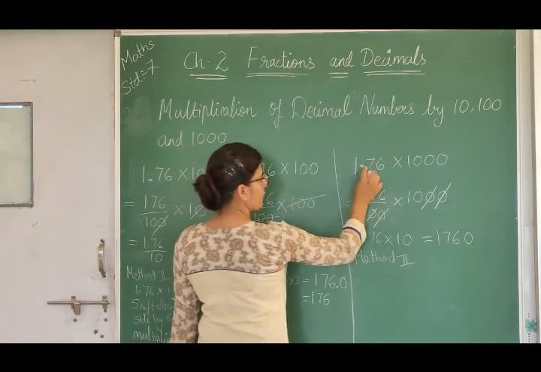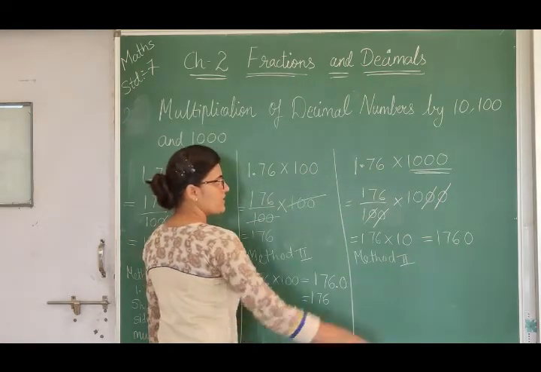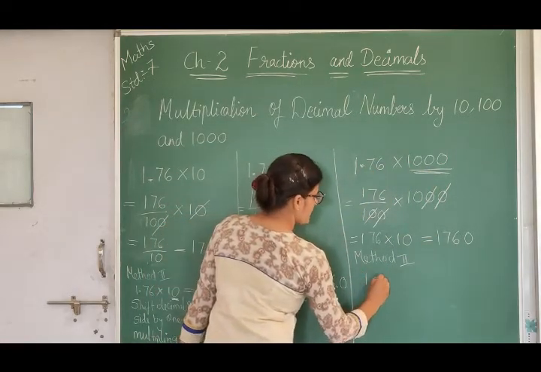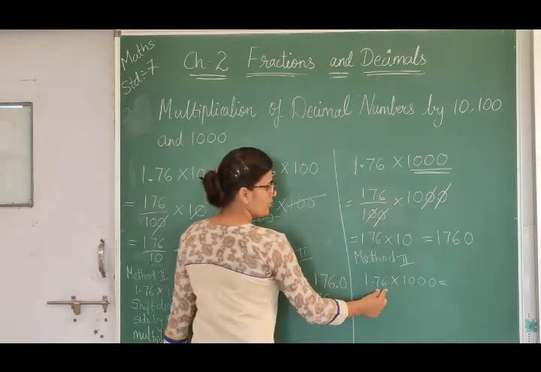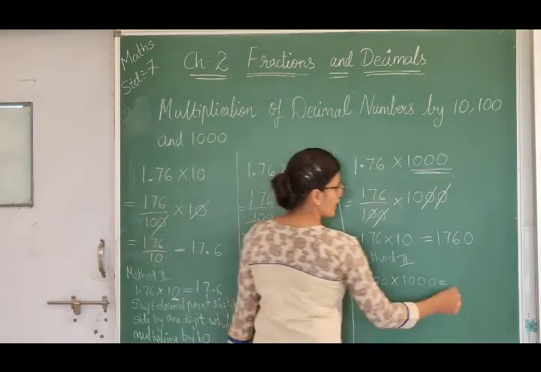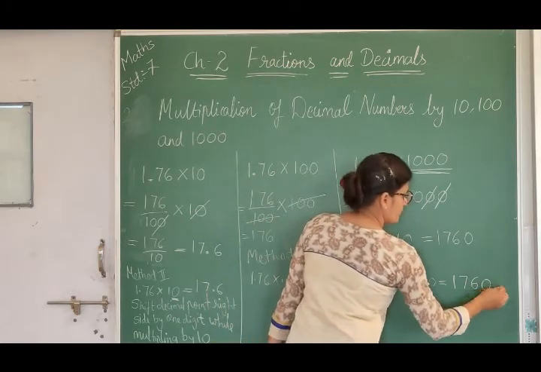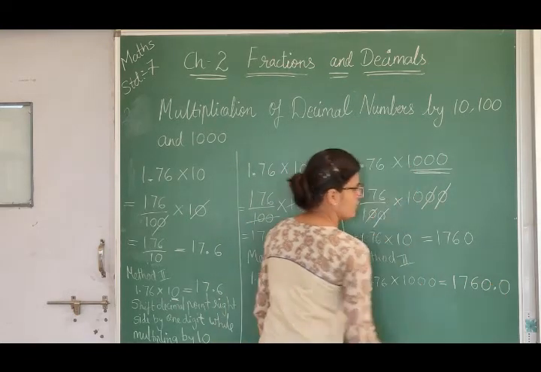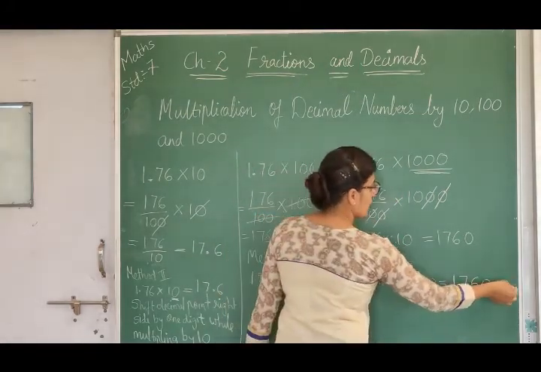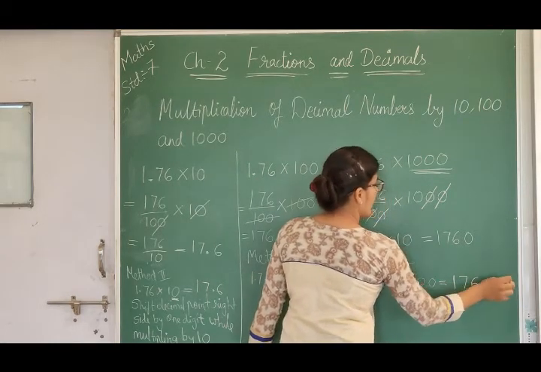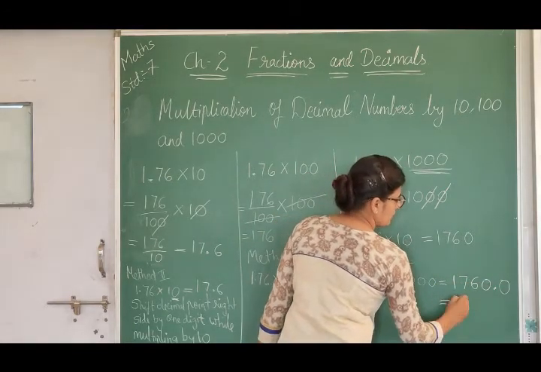After the point, the point should be shifted. Here 3 zeros are there, so the point should be shifted 3 digits to the right hand side. So here 1.76 multiplied by 1000, but only 2 digits are here. So I have to put one 0 over here. So 1760.0. Here I want the point, so after the point I will put 0. No need to write any 0 after the point. If there is any number after this 0, then we have to write this 0 and that number. But here we only have 0 after the point. So this can be written as